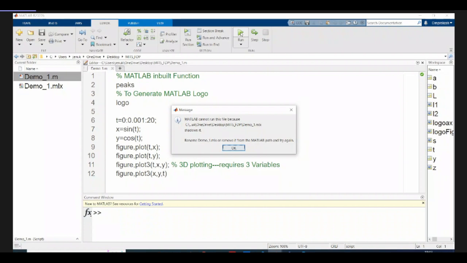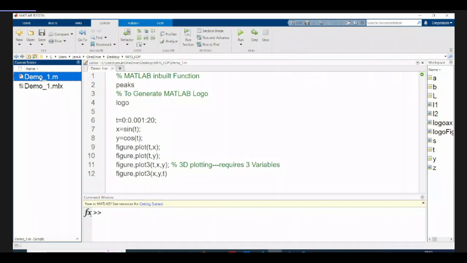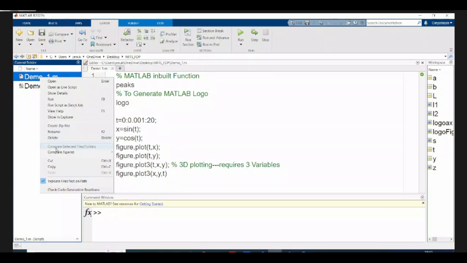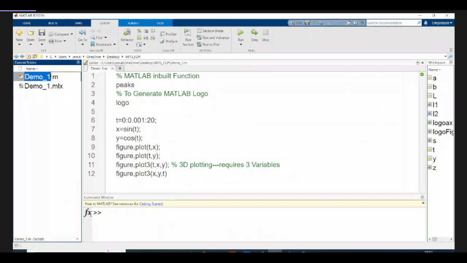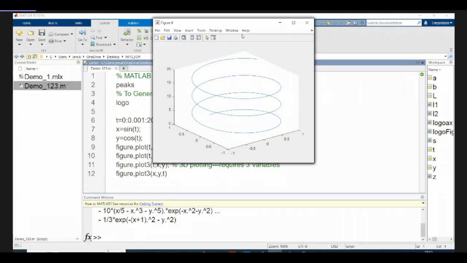So then what can I do? I have to rename this .m file. So I'm going to right click and rename. And here I can call this one demo underscore 123. And if I run this, then I'm able to execute the demo underscore 123.m file. So one important point,